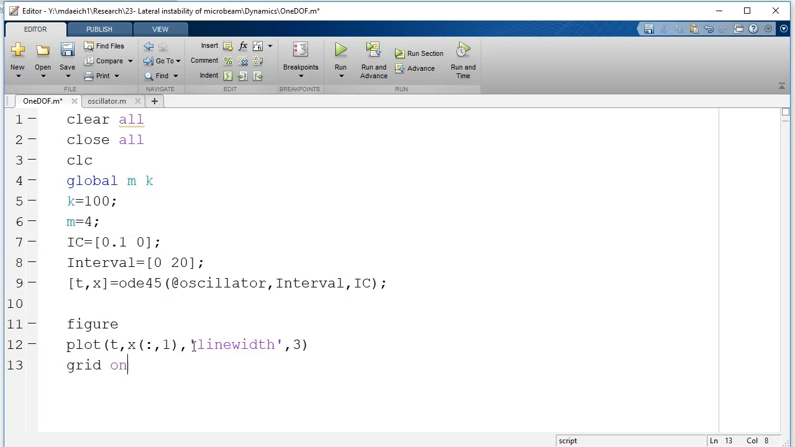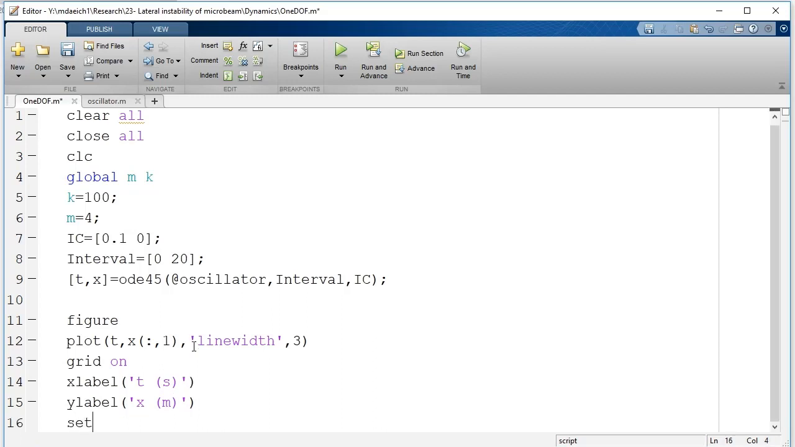And let's put grid on. X label would be time in second. Y label would be x in meter. So let's adjust the font size for the labels. So set GCA font size. Let's go with 24. So I think that's all we need. So now if I run this code,